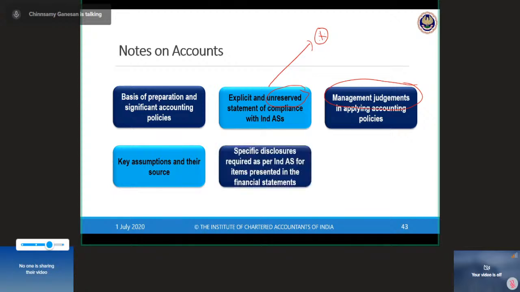And wherever accounting standards, that's the Ind AS, are requiring any specific disclosure, for example, if we are talking about borrowing cost, Ind AS 23 requires you to disclose what is the borrowing cost capitalized during the year. That should be part of your notes and accounts. Ind AS 109 relating to financial instruments requires disclosure of the risk relating to holding the financial assets and financial liability. How the management is managing the risk, how they are mitigating the risk should also come as specific disclosure